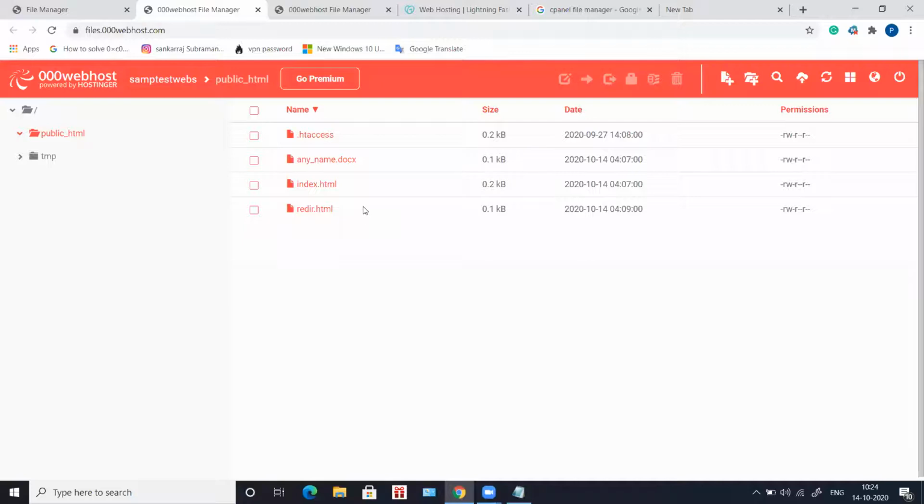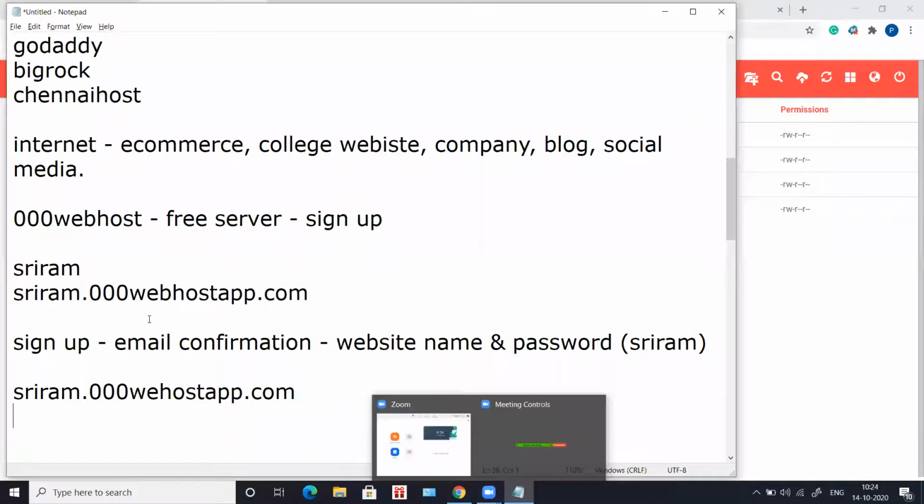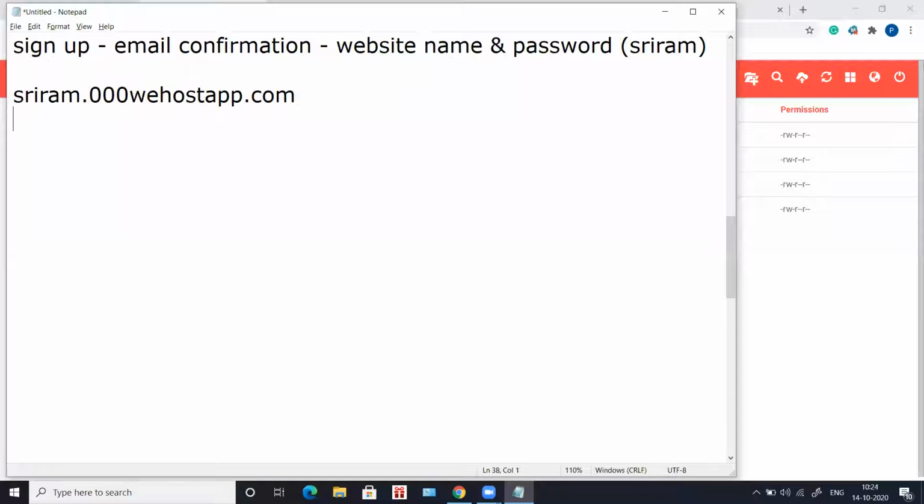Now there are some instances. I'm sure you should all have come across this when you try searching for any PDF documents in Google. It is going to show you some results. And when you try clicking on that result, automatically it is going to download the PDF file instead of opening the website.